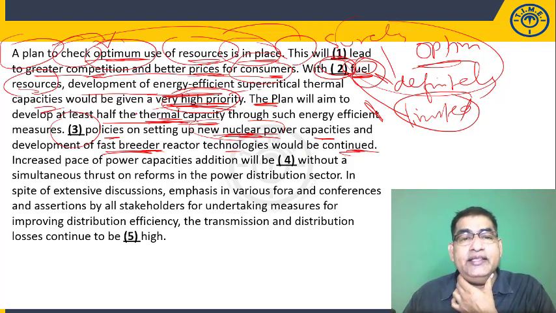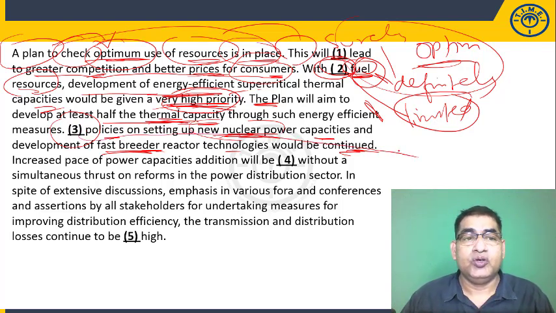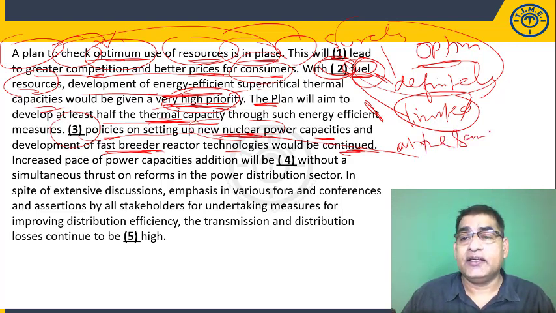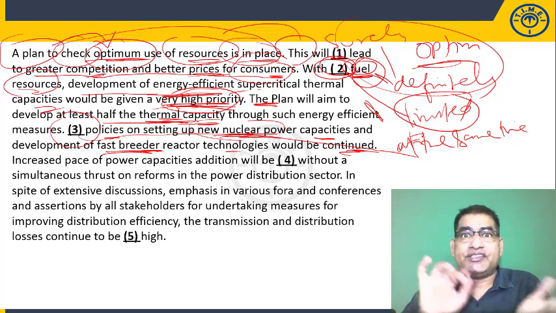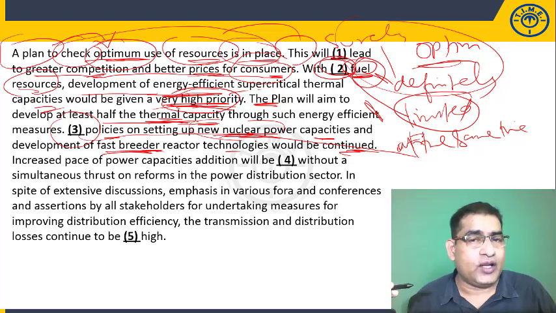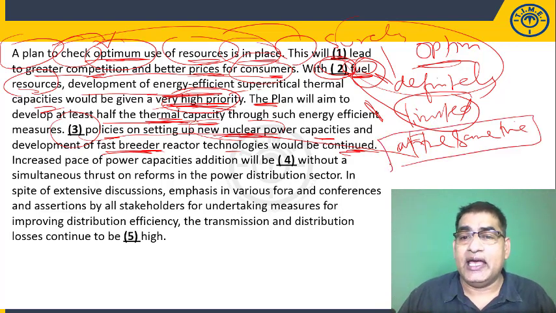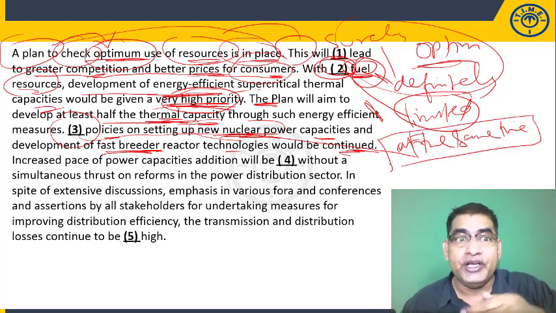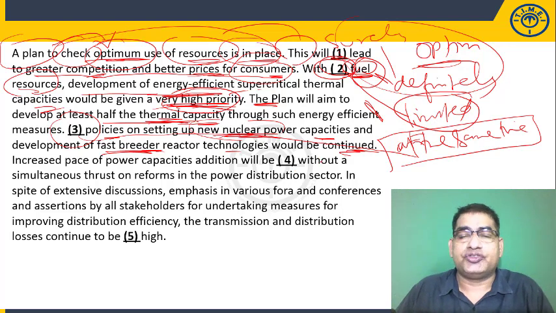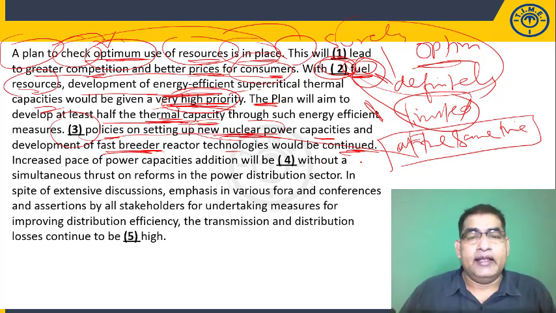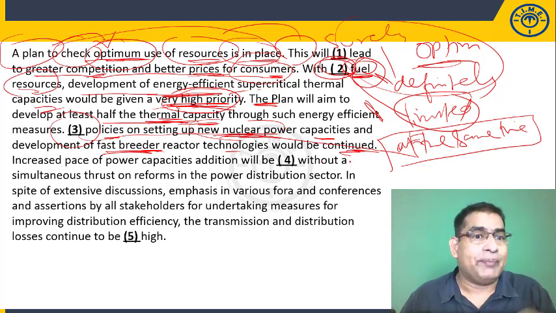So while this is happening, which means the third word should be something like at the same time, or something like that. While that is happening, this also will be done. So the third word can only mean something closer to at the same time. That is the only close idea I get now. Let's see when we go to the choices what happens.